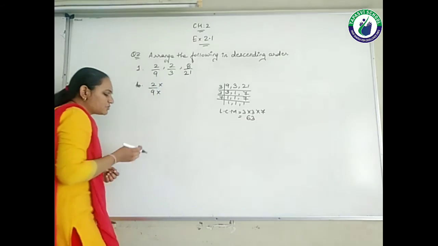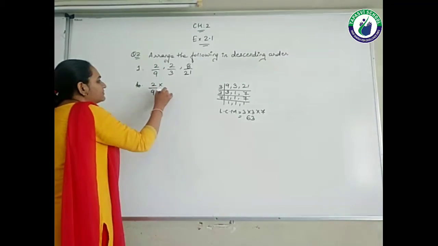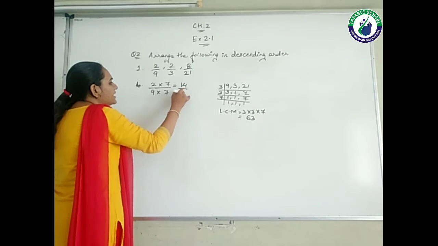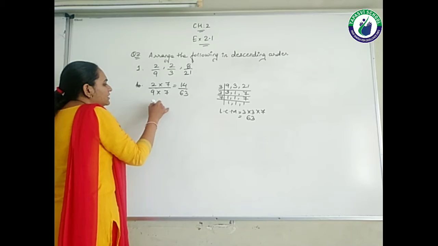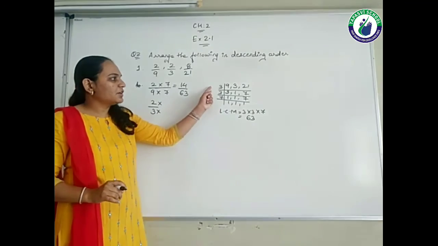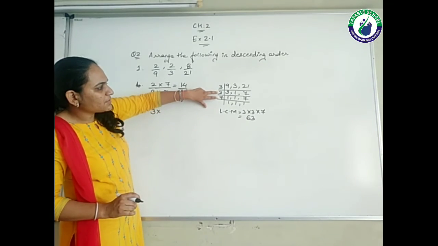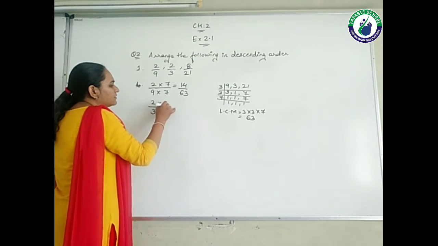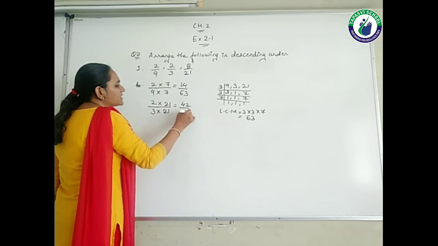So, okay, 9. Which number should I multiply with the 9 to get 63? That is 7. So, 2 7s are 14 and 9 7s are 63. Now, 2 upon 3. Okay. Which number should I multiply with the 3 to get 63? Okay, you can take help from here also. 3 is there. Now, which two numbers are remaining to form the 63? That is 3 into 7, 21. Okay, 21 2s are 42 upon 63.